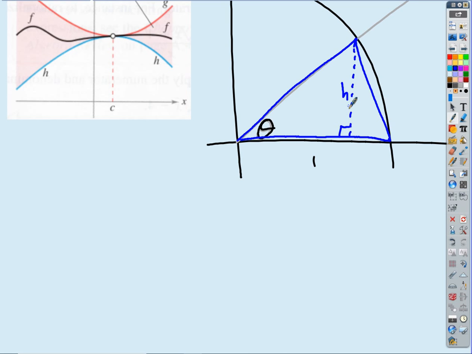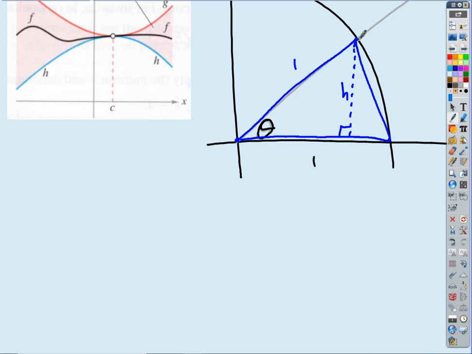Maybe we'll focus on this right triangle here. The length of this leg of this right triangle up here is h. The length of that leg is 1. And what's the hypotenuse? 1. Yeah, good, because the hypotenuse represents the radius of a unit circle, doesn't it? The distance from there to there, it's a unit circle, so that's just the radius,